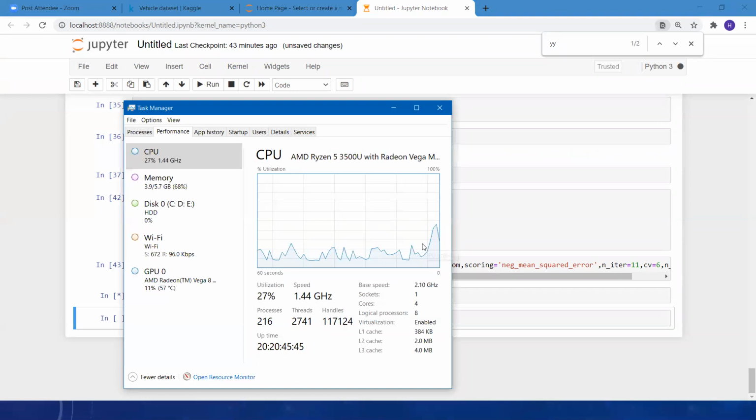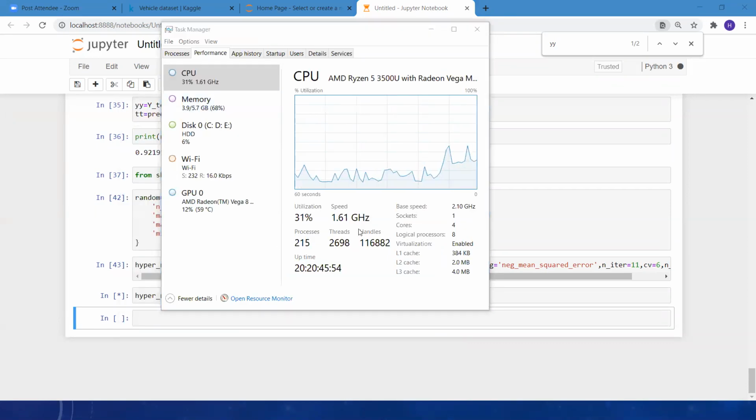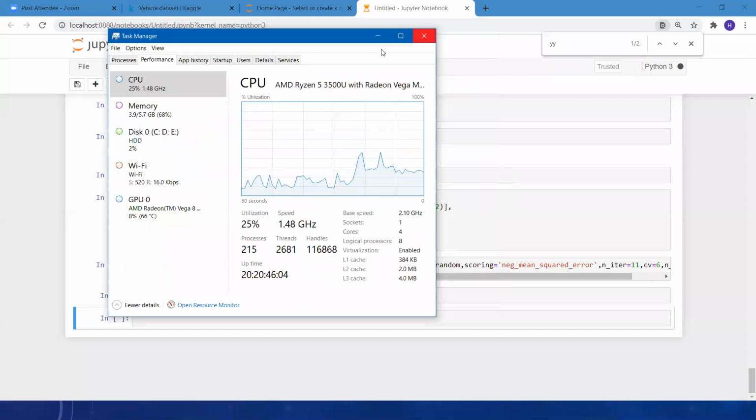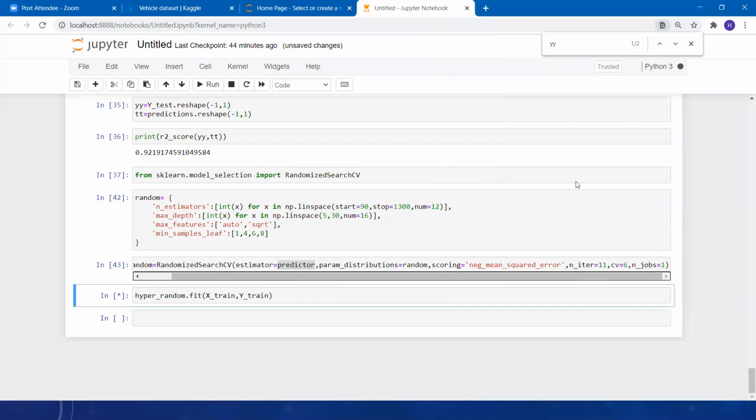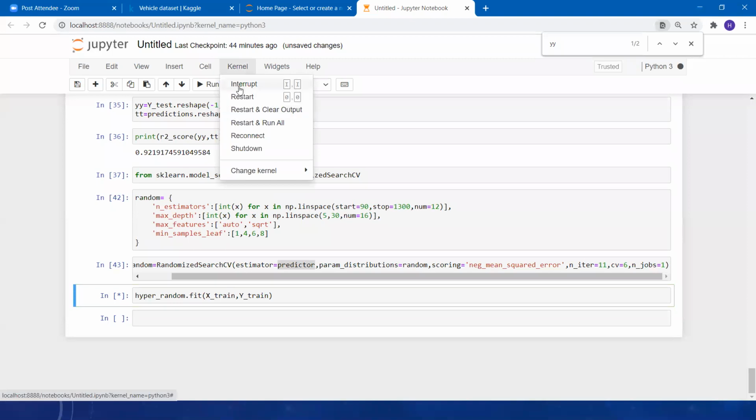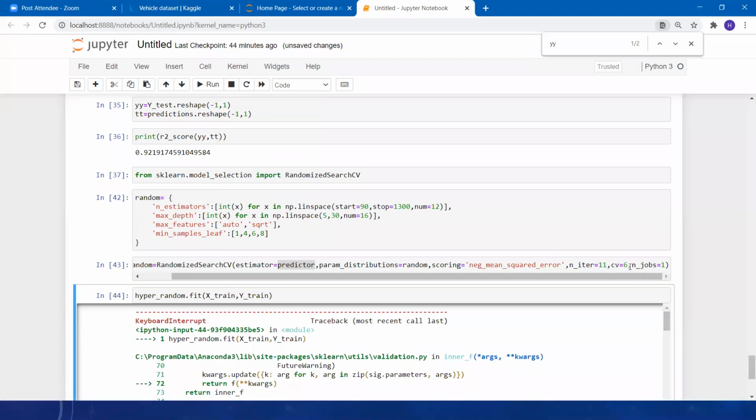Now try to see over here. It will take my CPU usage. Are you able to see it is increasing? Okay, I have not. Let me do one thing. Let me print the messages. Internally it is doing it, but it is not showing any messages. Let me interrupt this and show you the messages.